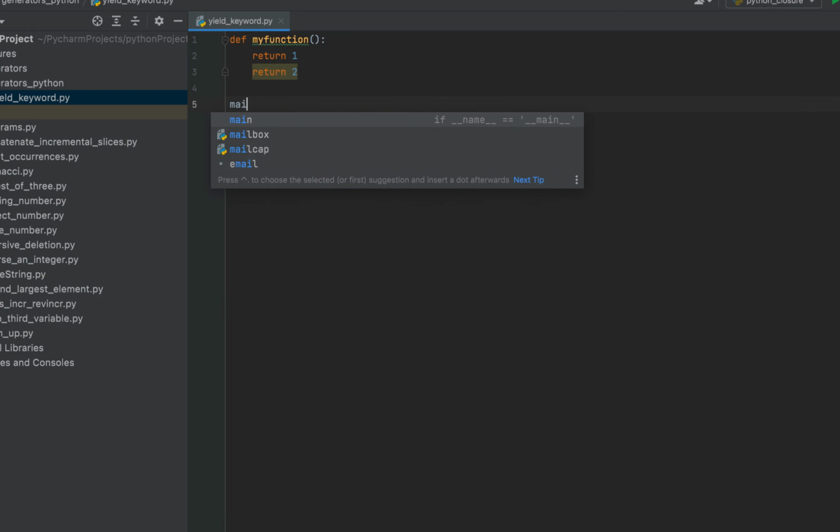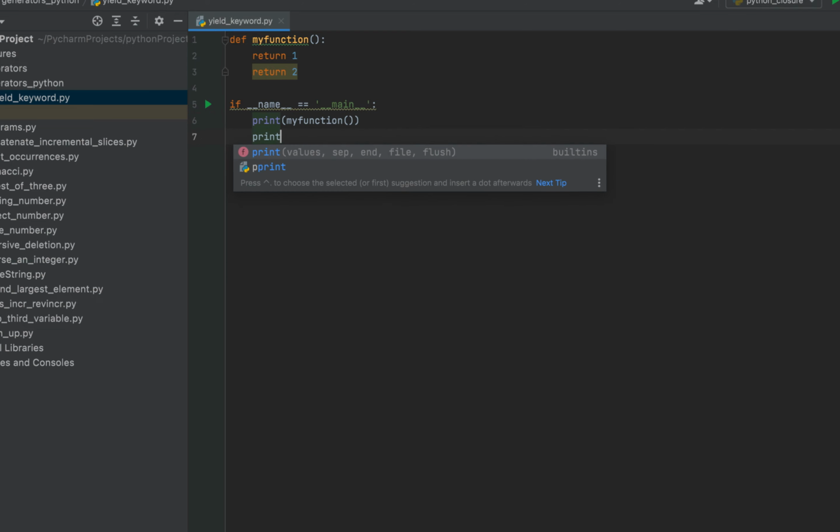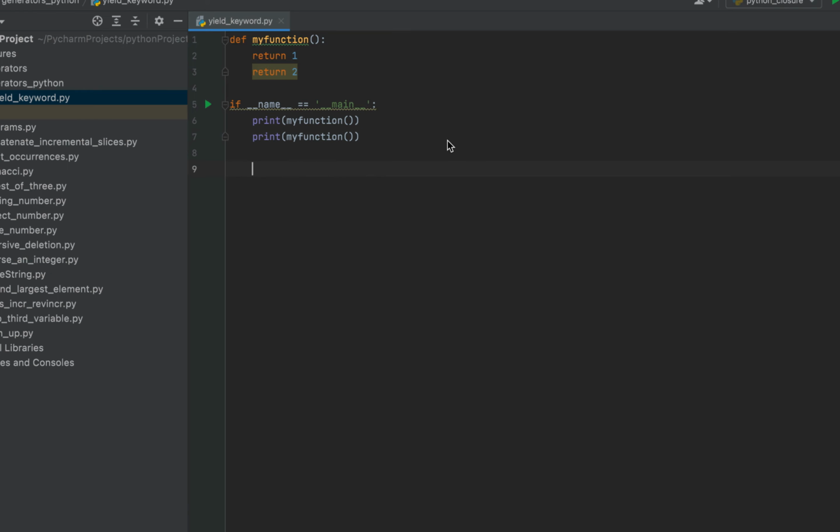Now I'm going to write the main function. So I'll type the main keyword, PyCharm writes the main function for me, and then I am going to simply print the value returned by my function twice. So I'm going to write print my function, and in the next line again I'm going to write print, within brackets I'm going to write my function. You can see that I have written two return statements,